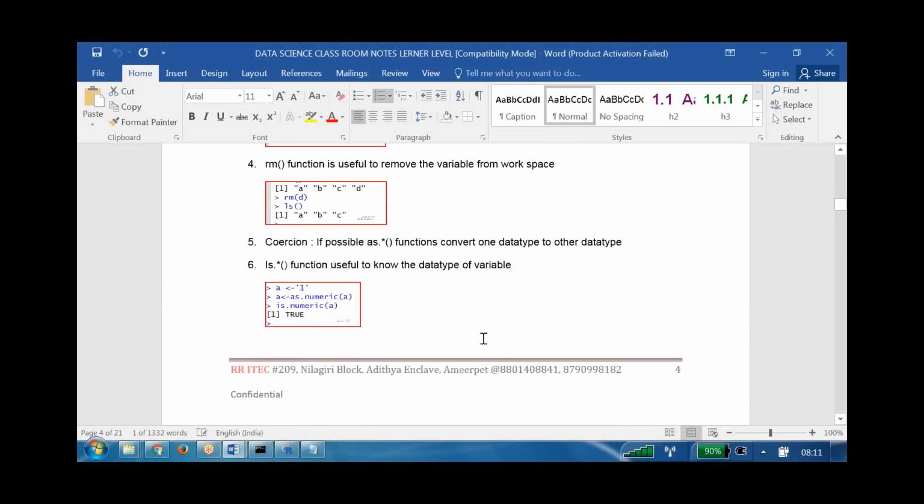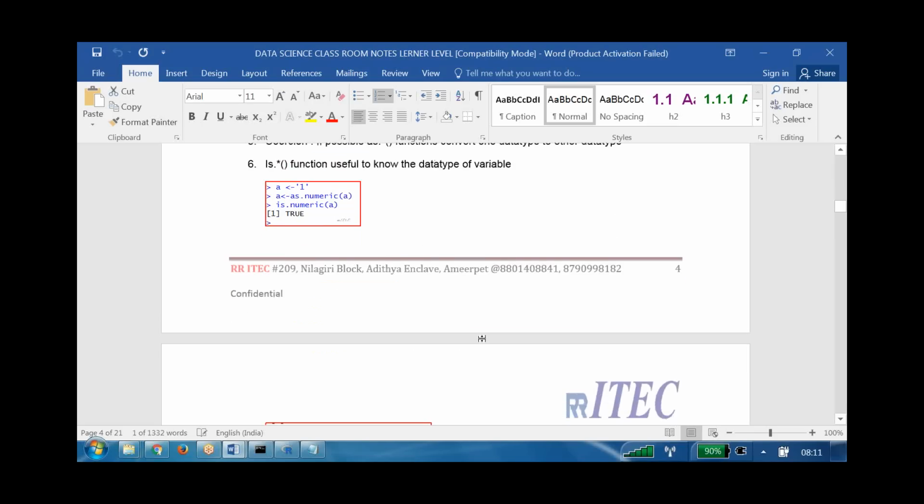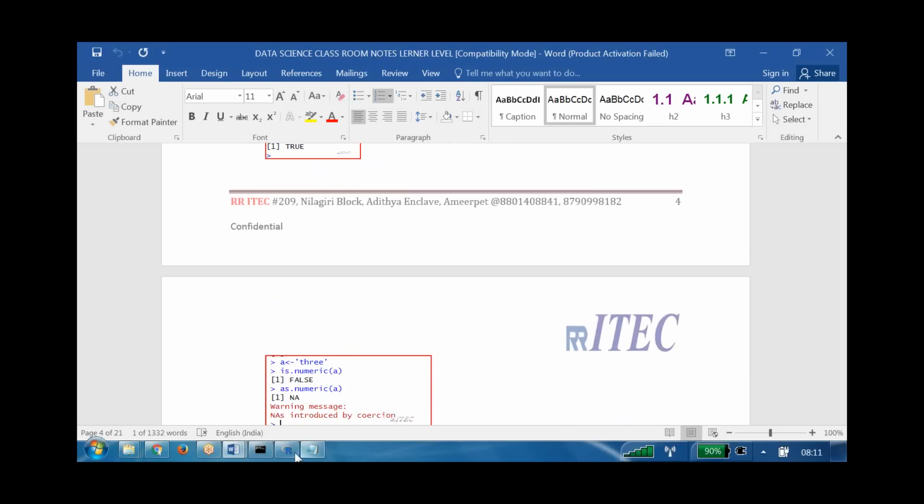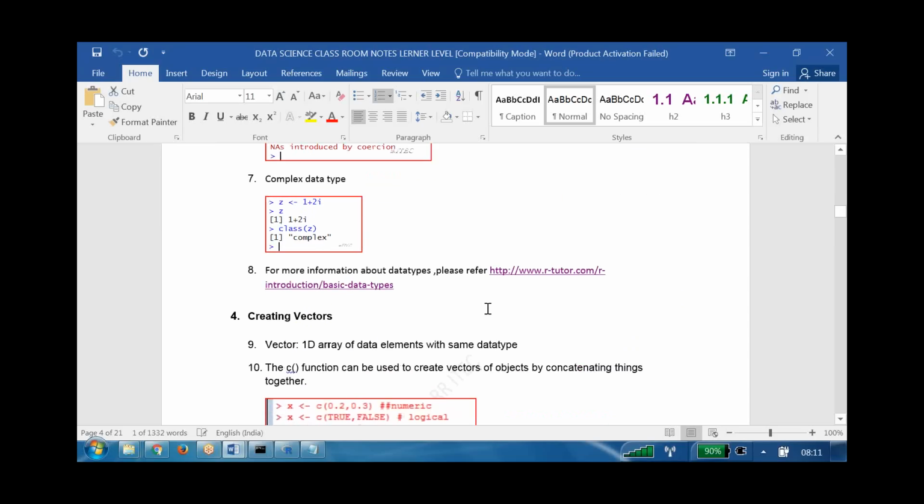I have one more question. rm is removing the variables, right? So can I use the line number also, like rm 41? Oh, you mean the index number. Yes.